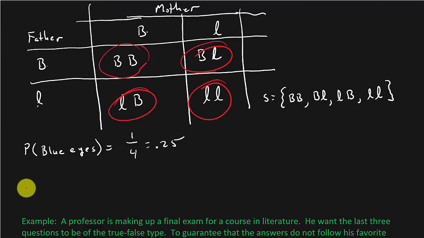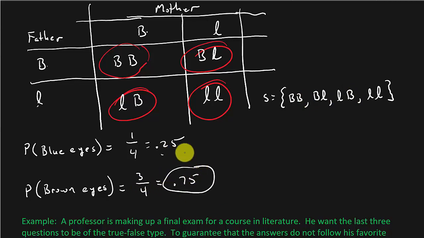And then the next question, what's the probability of brown eyes? Well, that's the number of successful outcomes. And look at this. We have the sample space written. Which ones are going to give us brown eyes? This one, and this one. 1, 2, 3. So there's 3 successful outcomes over 1, 2, 3, 4 possible outcomes. So this would be 75% chance. So the probability that they will have blue eyes is 25%, and the probability they will have brown eyes is